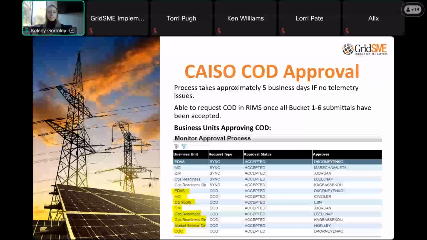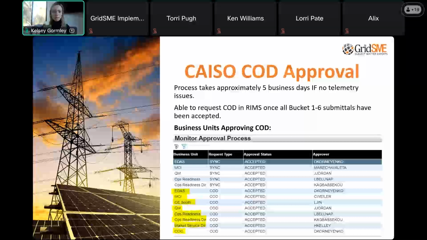Operational readiness, they have an internal check that they do. That's an independent internal check for the required real-time information for resources connected to the ISO controlled grid. Queue management, they will confirm that all three-party LGIA and SGIA requirements for commercial operation have been completed. And that the interconnection customer has a PTO COD approval letter that's been accepted by NRI.